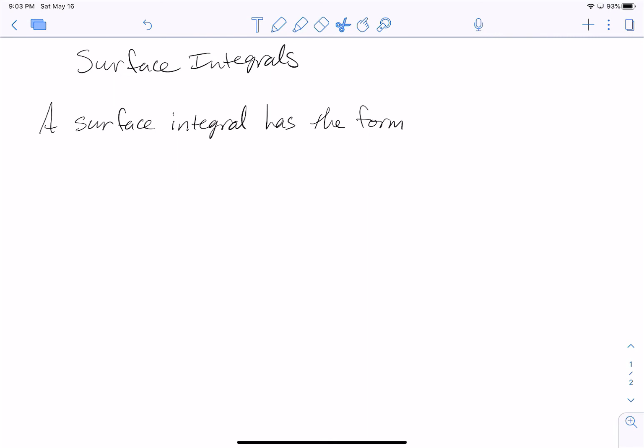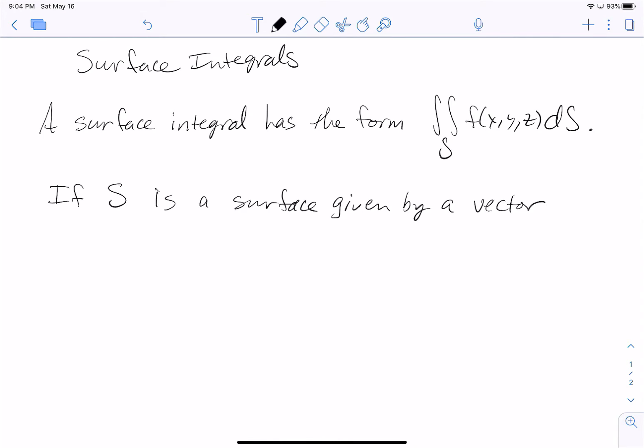A surface integral has the form double integral over S of f of x, y, z dS. This is a surface integral over a scalar function, so f is lowercase. You notice it's a scalar function, not a vector. And the S over which we're integrating and the dS are both uppercase S's. We'll get into what it can mean in a minute, but here we're going to say if S, again uppercase,